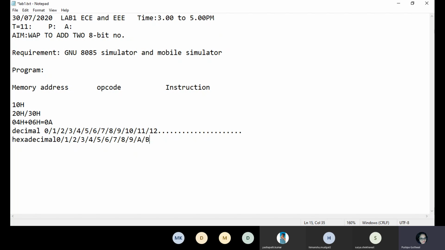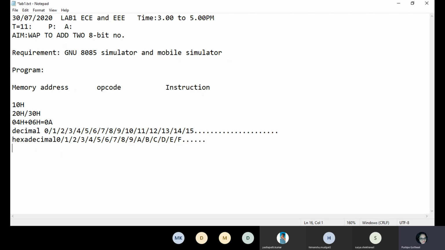This is a basic mistake you make while writing a program. This is 13, so this is D, because in hexadecimal after 9 no digit is available from the decimal version. Then 14 becomes E, then 15 becomes F. So in hexadecimal you have numbers from 0 to F, then it will repeat, while in decimal it continues like this.